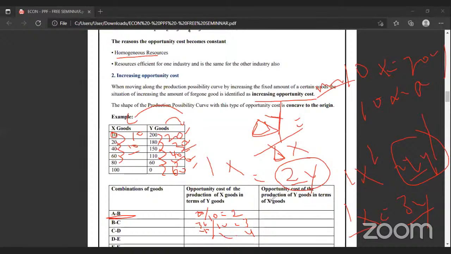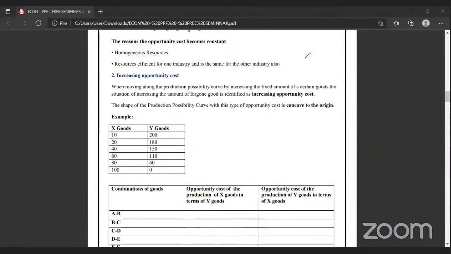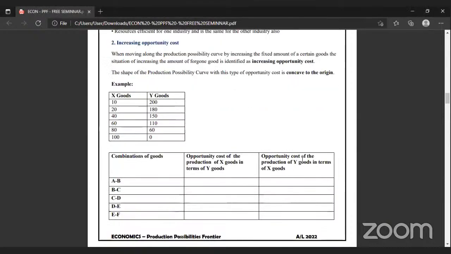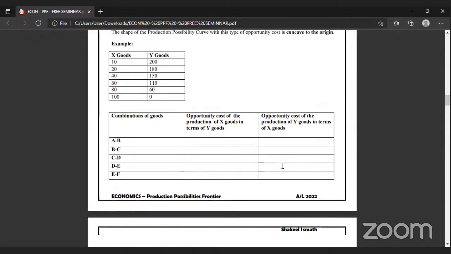Likewise, you just keep on writing, it will come. I'm not writing everything, just explaining, right? And here, the opportunity cost of producing Y good in terms of X good. Because of the 2 hours, I at least wanted to explain opportunity cost and production possibility, that's why I was explaining a bit faster. But in our fast track, it won't be like that. We clear each and every doubt that you have. Every doubt, even if you have 100, we clear it, because that's for your benefit only.